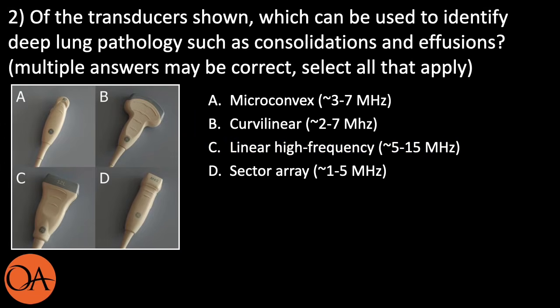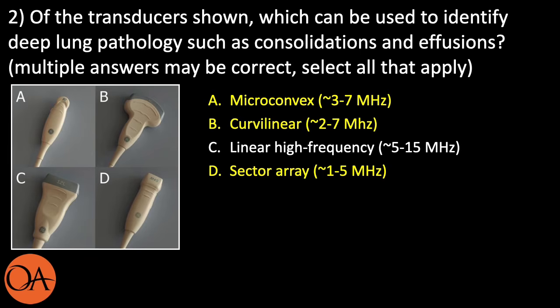Question 2. Of the transducers shown, which can be used to identify deep lung pathology such as consolidations and pleural effusions? Multiple answers may be correct. Select all that apply. The best answers are A, B, and D. All of these are low-frequency transducers, which means that they permit visualization of structures deeper than about 6 centimeters in